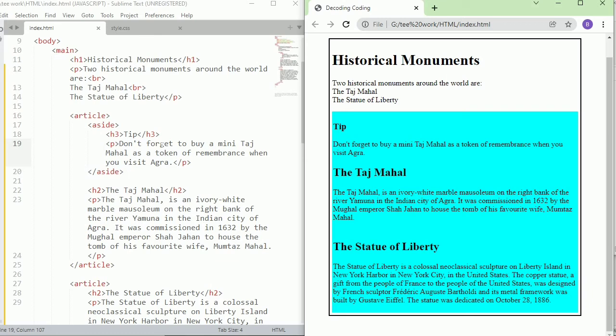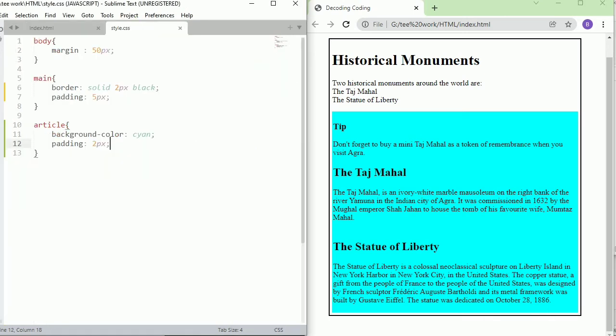I already told you the aside tag, article tag, main tag, they're not going to make any difference by just using them in the HTML. We will need the CSS to style it. Okay, so to get a small box on the right hand side, we're going to use the CSS, change the color, add some border, padding, etc. And we'll see what we get.